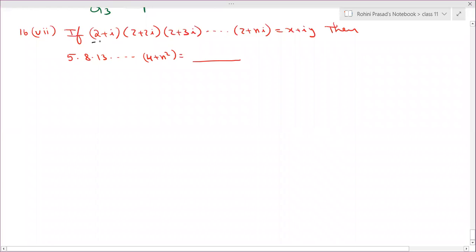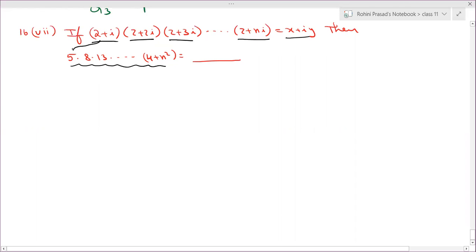So they are given 2 plus i, 2 plus 2i, 2 plus 3i, and so on, 2 plus ni, equal to x plus iy. They're asking us to find the value of this. If you observe the relation between the given complex numbers product and the given expression that we need to